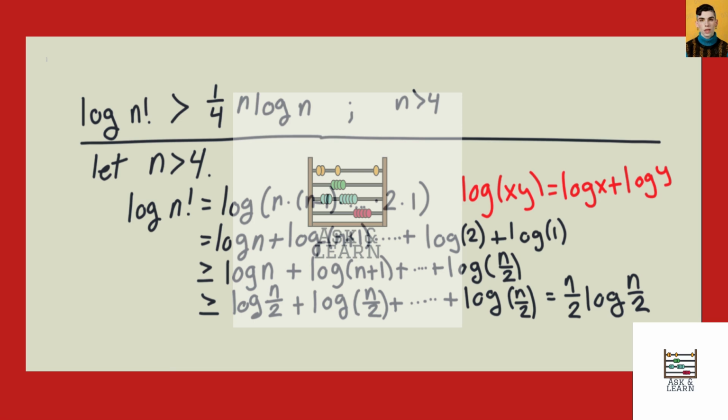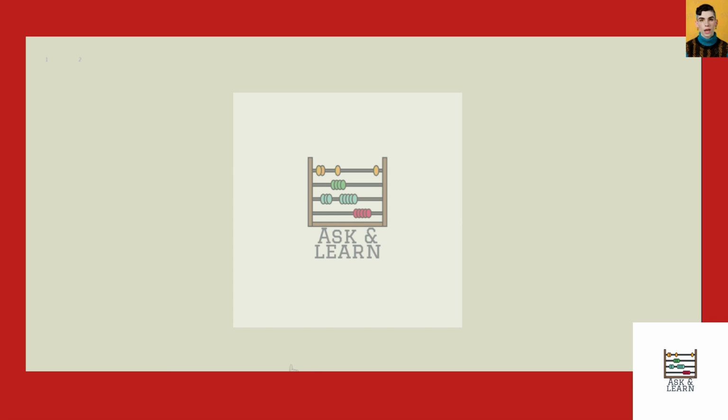Okay, well, this here, and I should note the little rule here, right? So move to a new page. It turns out that the log of n over 2 is greater than 1/2 the log of n when n is greater than 4. Well, great. We assumed that n was greater than 4, right? So therefore,